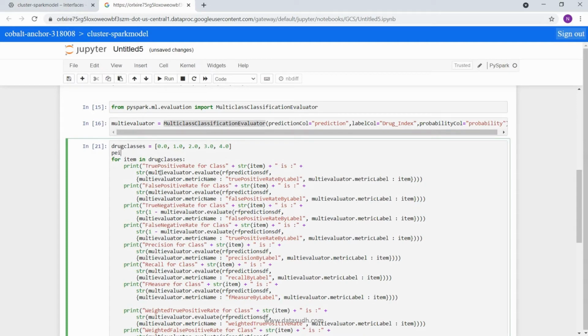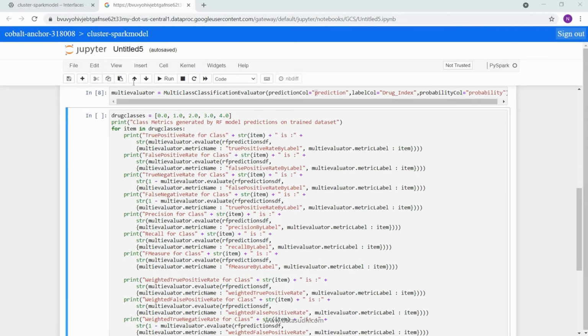Let me just write one more comment here. Metrics for random forest classification model, trained predictions on trained data. Okay. Now let's go ahead and run this.